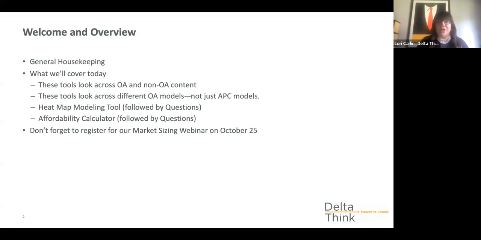As far as structure, we'll have some opening remarks from Heather and Dan to start us off, and then we'll move into a review of the two analytics tools we'll be discussing today, followed by questions and open discussion after we discuss each tool. So we'll present a tool, have a question and answer period, and then present a second tool.